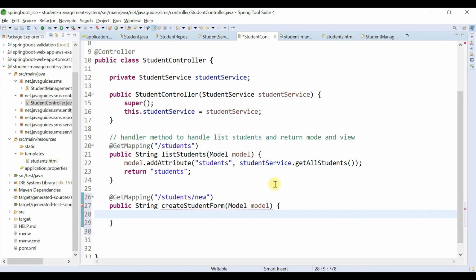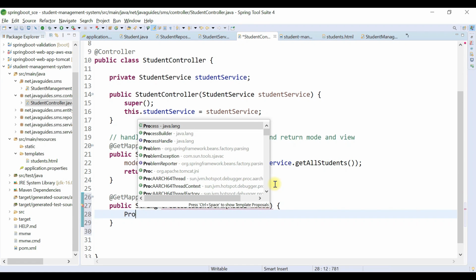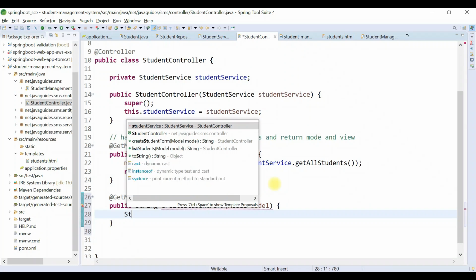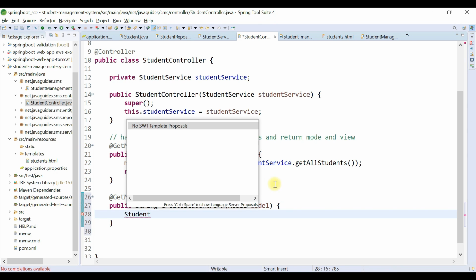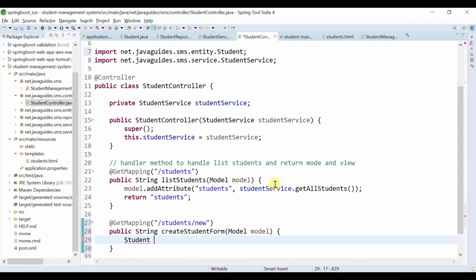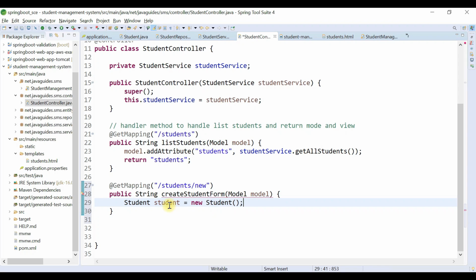Okay, and here we're going to create an object of the Student class. Student equals new Student. We are going to create an empty student object here, and this is a very important step.